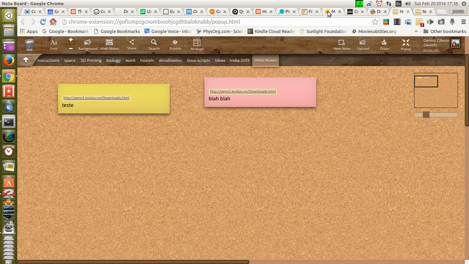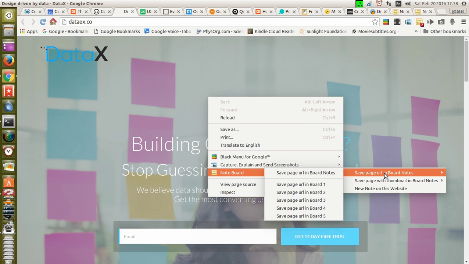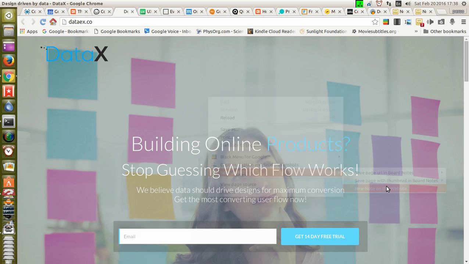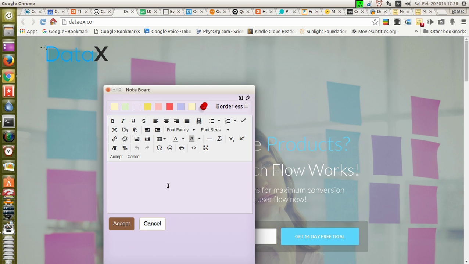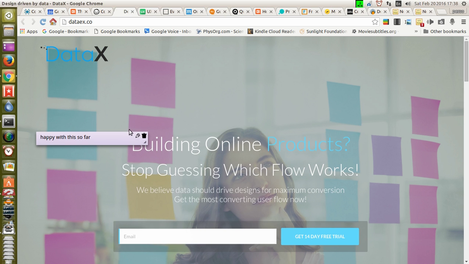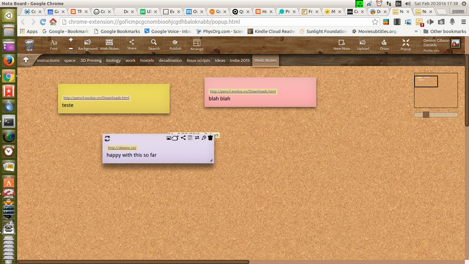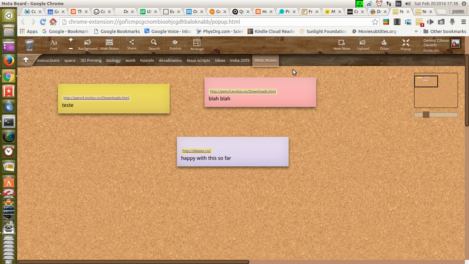So I guess the only issue then remaining is that it doesn't recognize the names of my boards, which is quite all right. But at this point, I'm happy with this so far. Except, and now when I go back to my page 1, I see that my web notes are there. And if I create a new board,